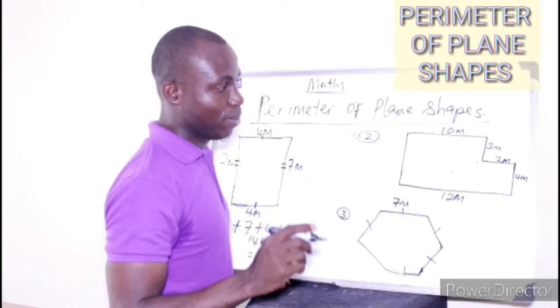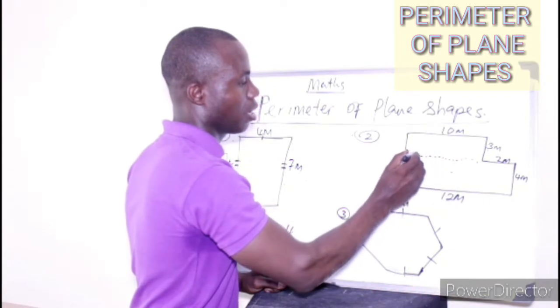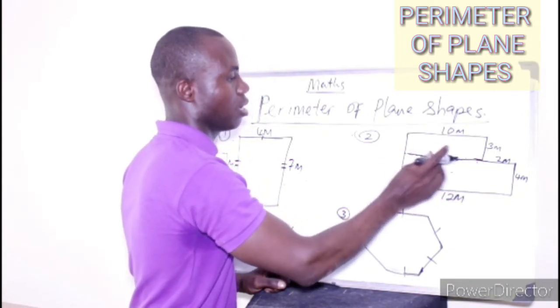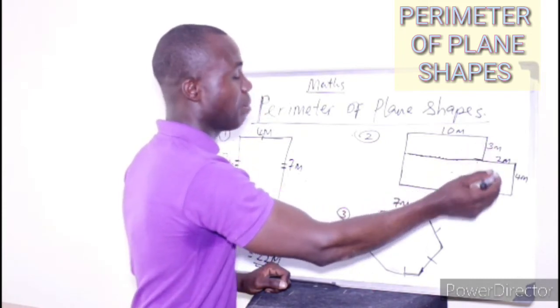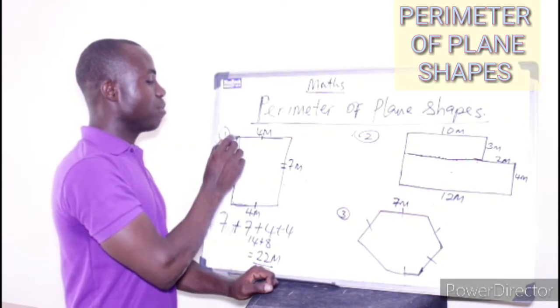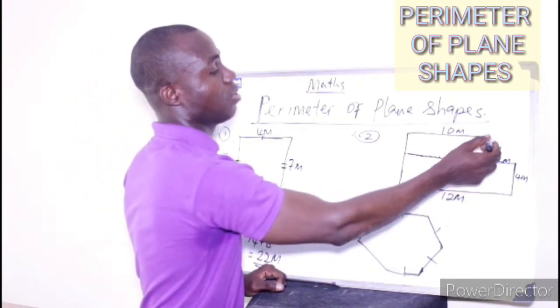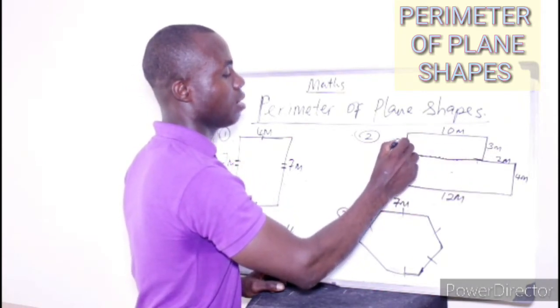Now, I'm going to do a very simple thing. I'm going to draw a dotted line. Here, it's better done with a ruler. It means if from here to here is 3 meter. Remember what we did in the first example. I said if from here to here is 4 meter, from here to here is also 4 meter. So if from here to here is 3 meter, from here to here is also 3 meter. I'll write here 3 meter.